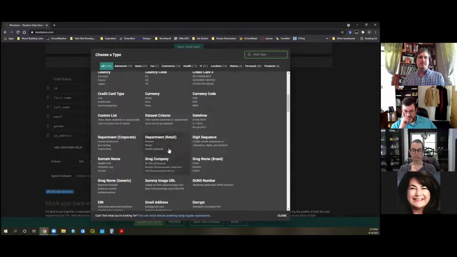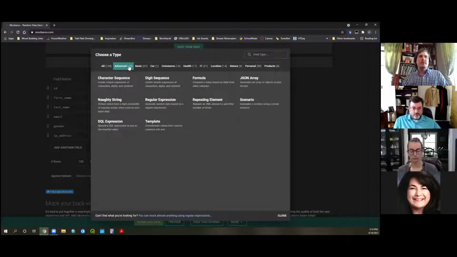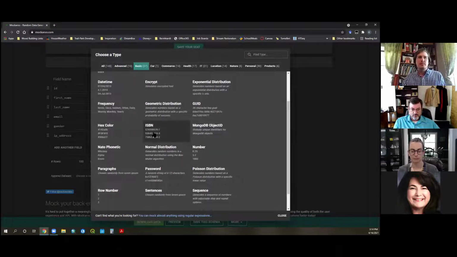And as you can start to see, it's a little overwhelming. So you probably want to start with some kind of template that you want to mimic. So if you know what kind of data you want to work with, and you know kind of data ranges, the way stuff should be set up, then that would be a helpful thing for you to start with. And as you can see, there's a lot of advanced stuff. So this is more advanced database app development, basic things, randomized if you want to analyze random library data.